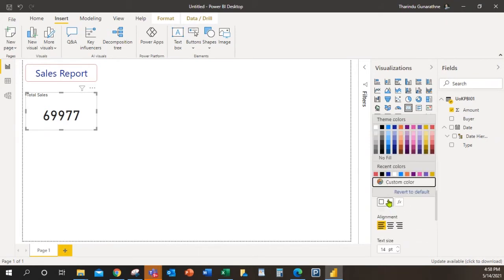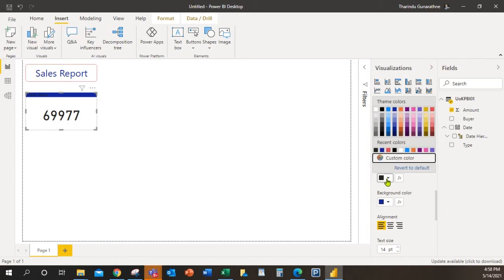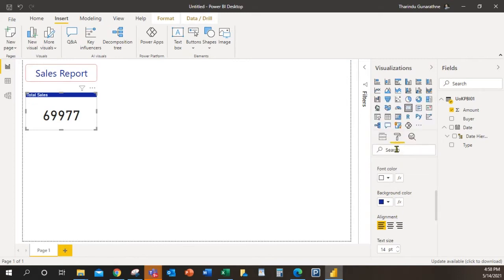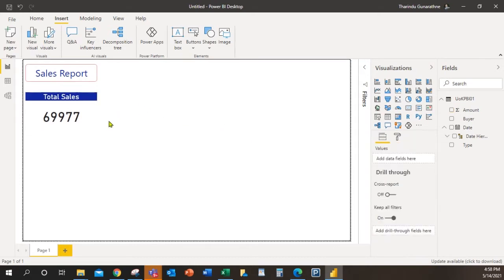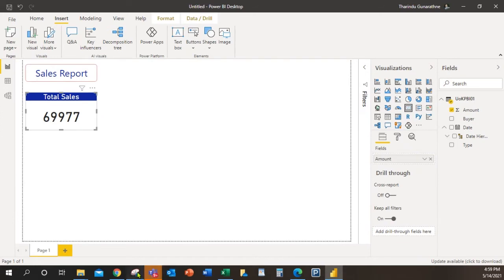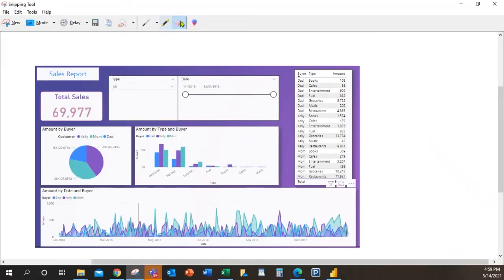And you can color the title, you can color the background, you can center it, and you can increase the size. I will do some changes. Just don't think about it, because you have to know about those stuff now. You don't need to stick to this format, but we'll create a dashboard like this.